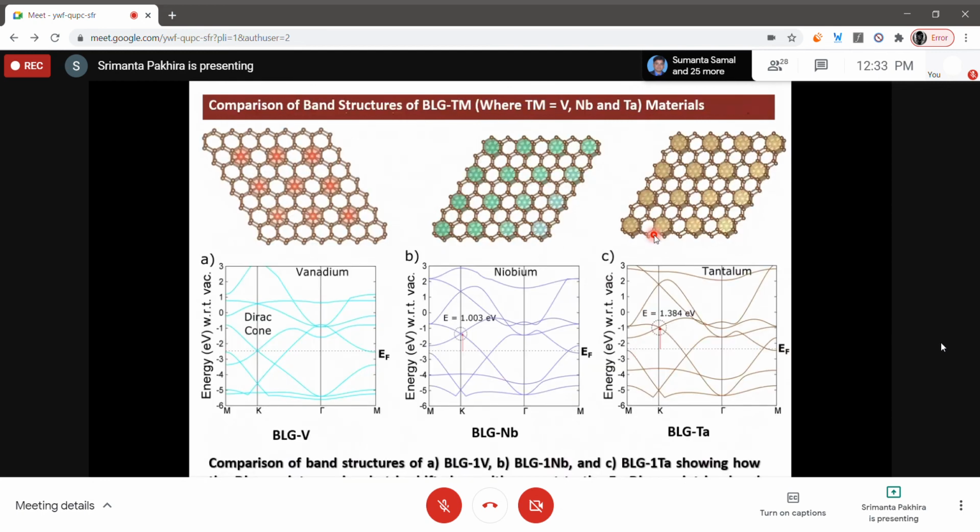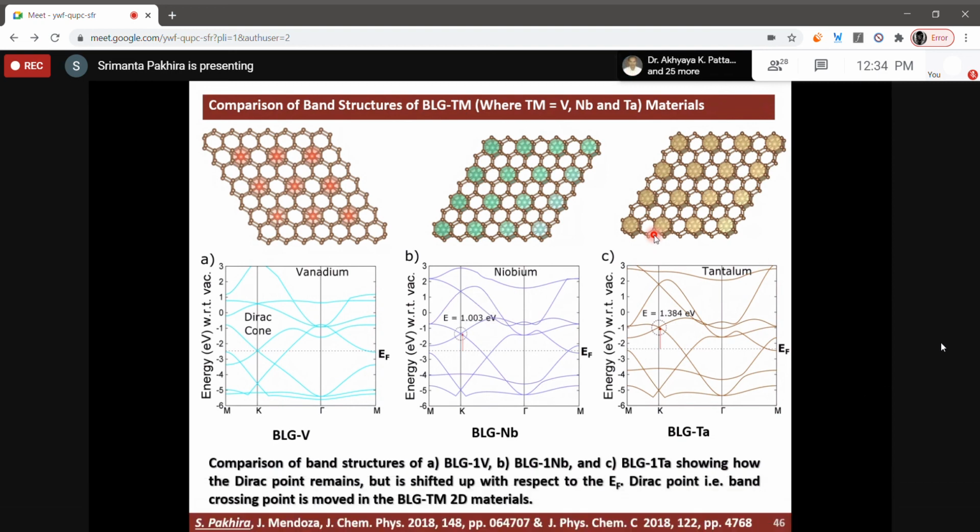Okay, these are the papers we already published in 2018. Two papers. One is Journal of Physical Chemistry C, which is famous among material scientists and faculty members working in that area. They know these journals are prestigious. So hopefully I was able to explain how density functional theory works. Look, in these cases I didn't do any theory development. Using the theory, we explore such band structure and density of states and the properties of the material.